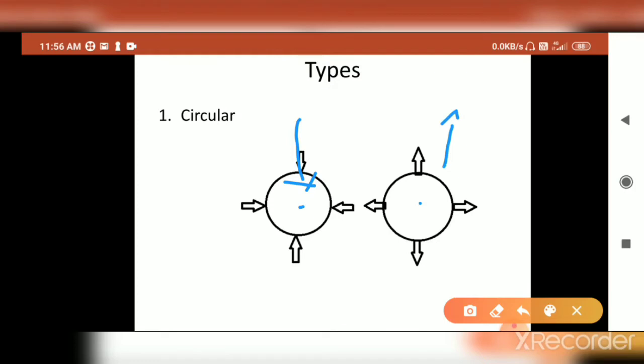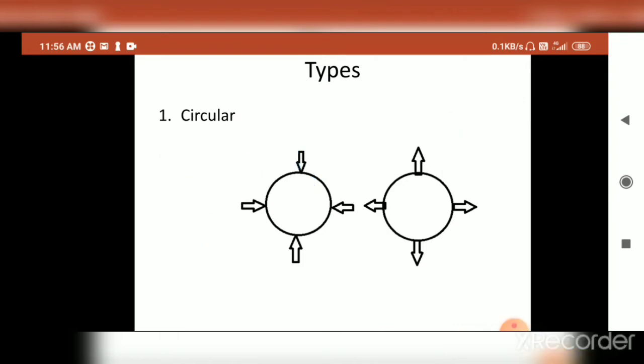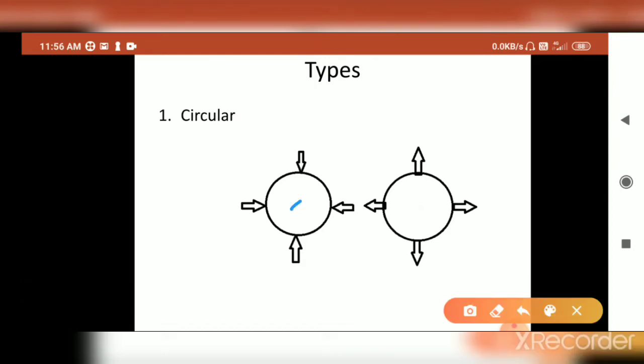There is another type, which is mixed, that means some are facing the center and some are facing away from the center. So how to solve these types of problems? First, I am taking the example of facing the center. Here, you have to imagine that you are sitting in this direction. You have to imagine yourself. As you are sitting on this side, which side will become your right side? This one. And which side will become your left side? This one. That means on the right side you go this way, which means anti-clockwise.